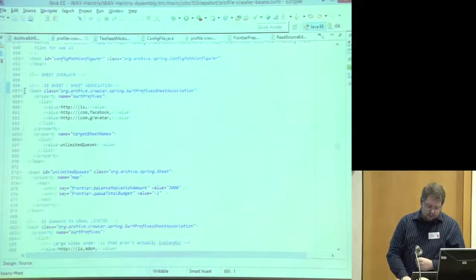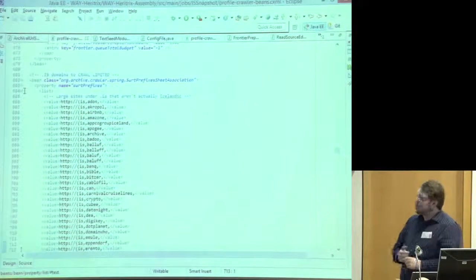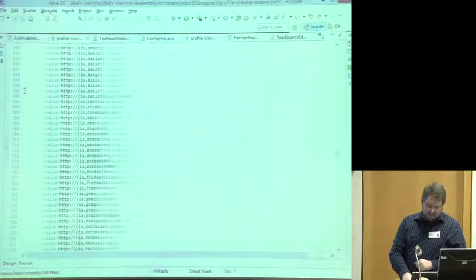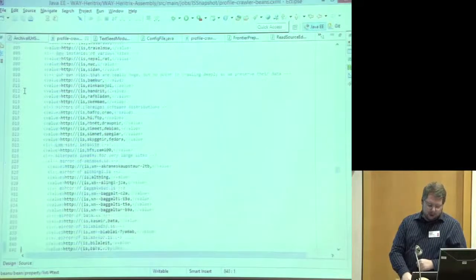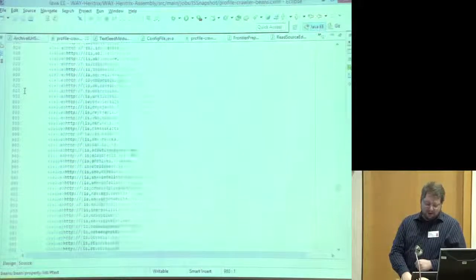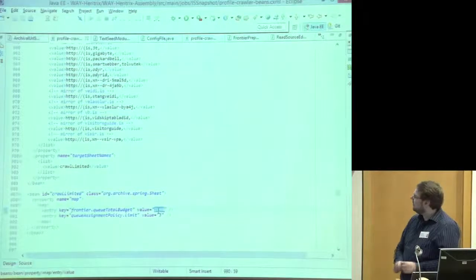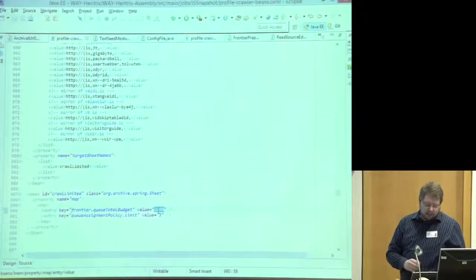And we have then this one, which then undoes that. So all of these many domains have been identified as problem domains for numerous different reasons. And keep going and going. And so they get attached to a sheet called crawl limited, and it basically overwrites it again. So it sets the total budget down to 1,000, and it actually does something else, which is